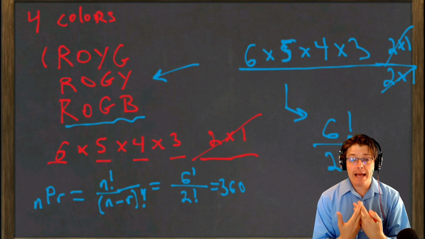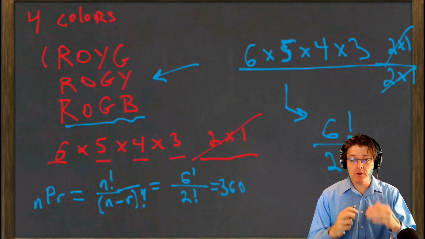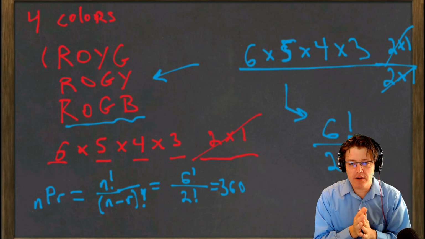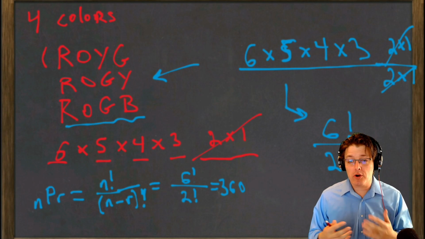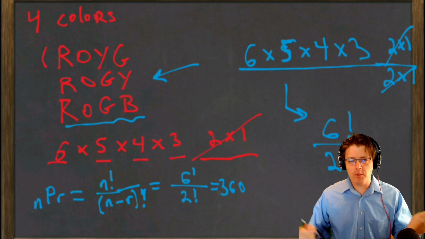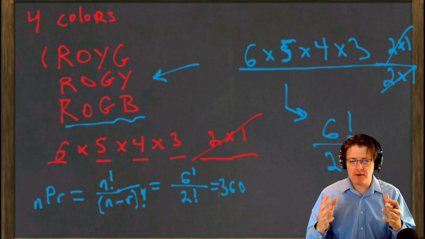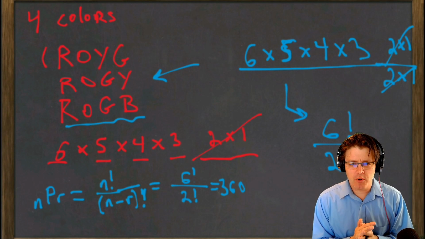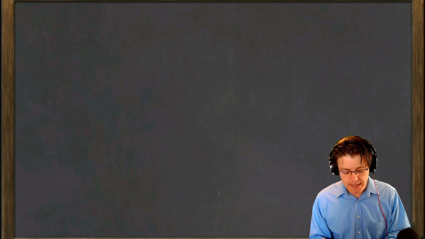Right. So now the last transition I want to talk about is what it means when we switch to combinations. In our example, we're talking about a rainbow, so we might want to display the colors in a certain order. But what if we are putting them into a paint can? Then we don't care what order, we just want to know which of them are going in. It's been a long time since 7th grade art, but I assume that might mean this all becomes brown. But let's say it matters which 4 colors we put in there. In that case, we're switching gears and talking about a combination.